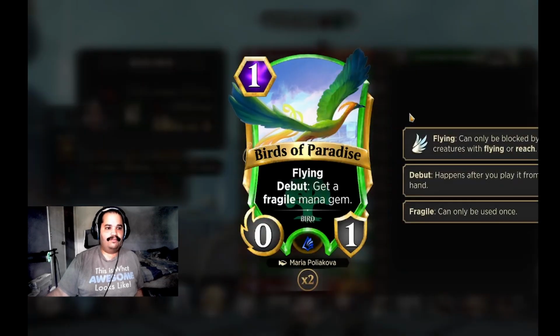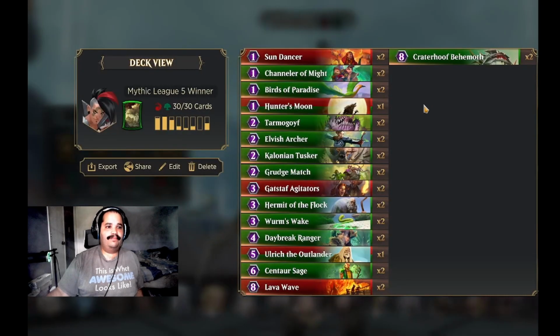Then we have Bird's Paradise. Simple 0/1 flyer, gives you a fragile mana gem. Pretty much a staple card in every green deck, just about, except for maybe Garrick, because it lets you play a 4-drop on turn 2 if you go second, or a 3-drop on turn 2 if you go first, and also it will work really well with the Werewolves for giving you the fragile mana gem without having to actually